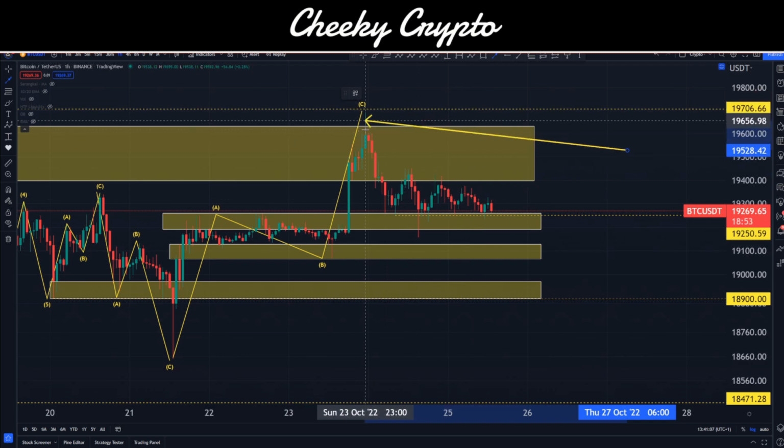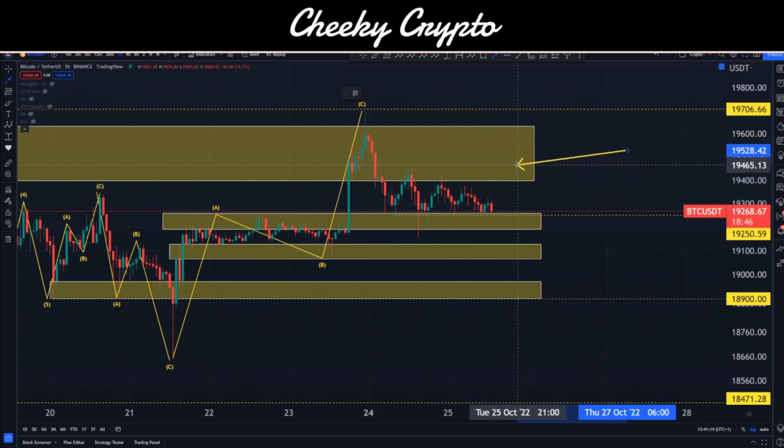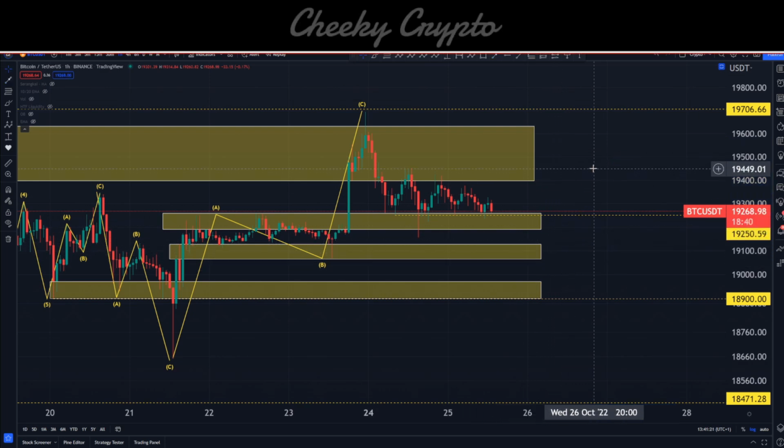Okay, so yesterday we saw a big pull to the downside. We saw this wick come down here. Other than that, we've kind of just been bouncing around a little bit. My expectations are that we come back up into this yellow box area before we talk about any potential moves to the downside. And let me walk you through why I think this.